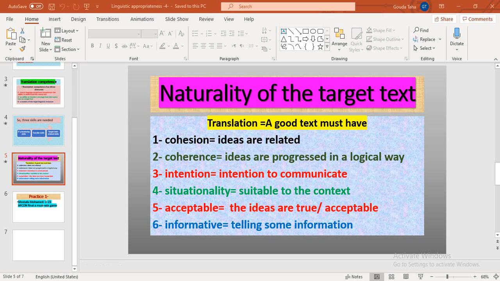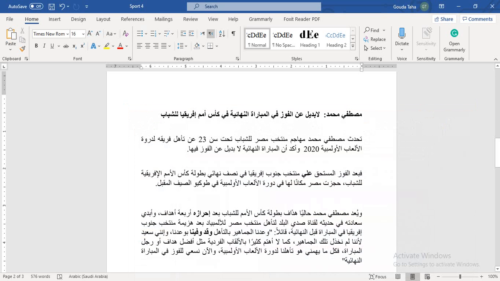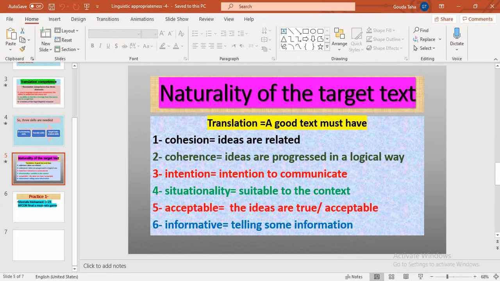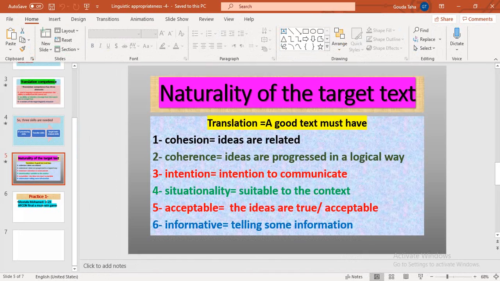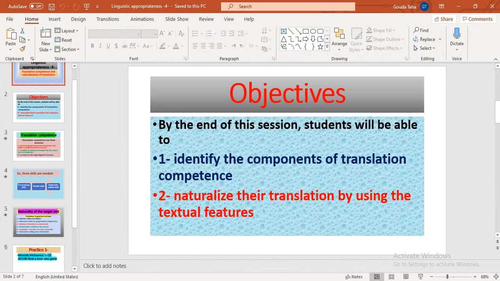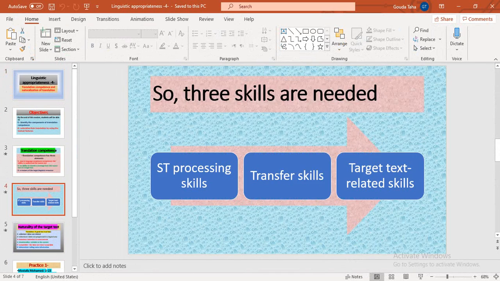Is this text informative? Yes. So does it sound natural? I think so. So this is a practical part of getting a natural text. The 3 steps, the skills that are needed. So again, we need 3 skills. Skill 1 is to process the source text. Skill 2 is to transfer and compare. Skill 3 is to maintain